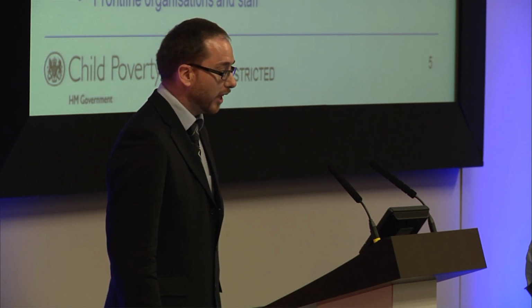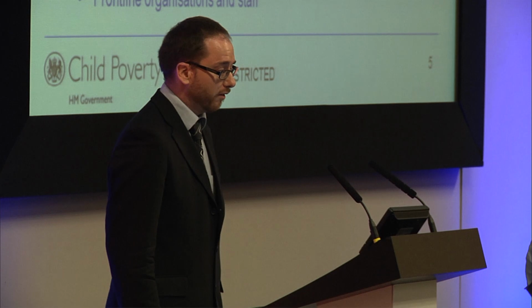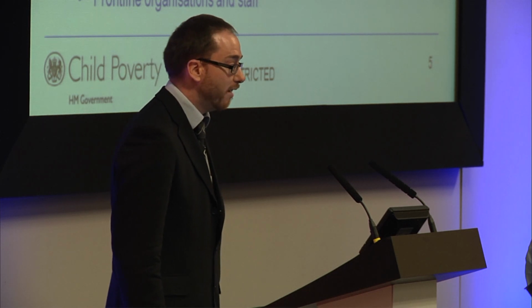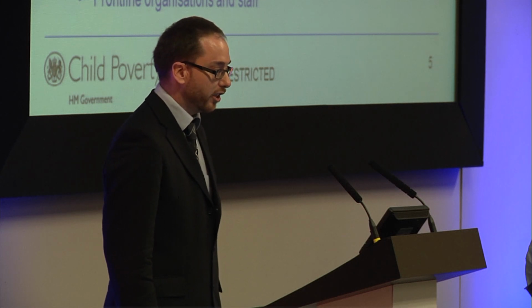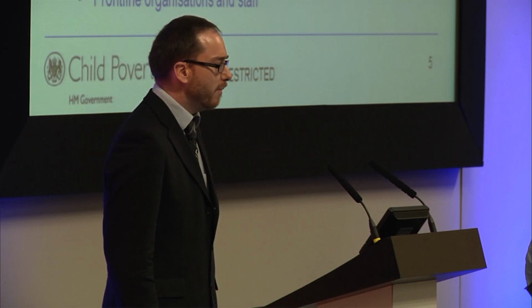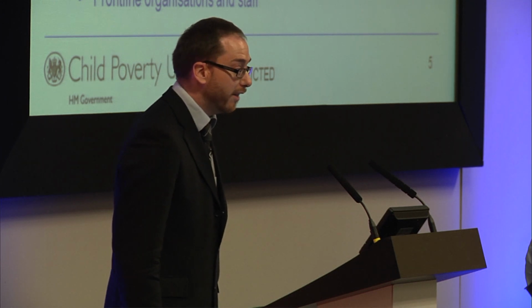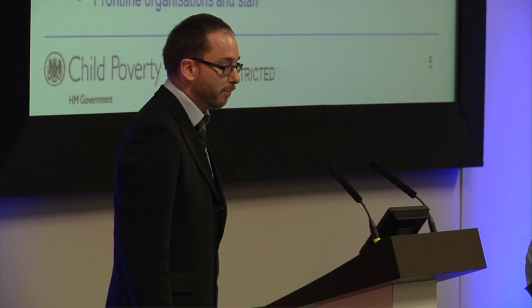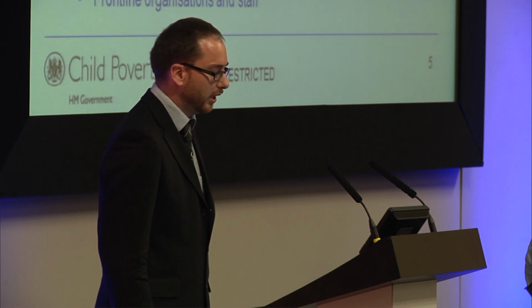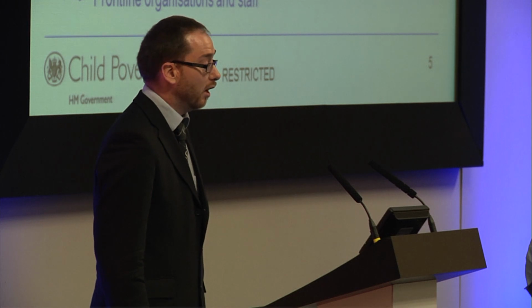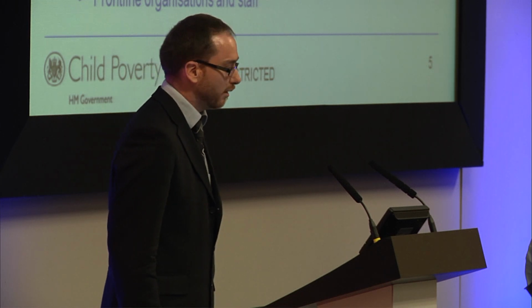We asked for a response, and some of our criteria for a suitable measure of child poverty were that it should be accepted by the public and experts as a fair representation of those children growing up in poverty, and it should be methodologically robust and draw on the best available data. We ran a series of events involving over 400 people, including children themselves, and we also received a lot of consultation responses, including from hopefully many people in the rooms and obviously many of the people on the panel. And we're grateful for everybody who's taken part in these events.